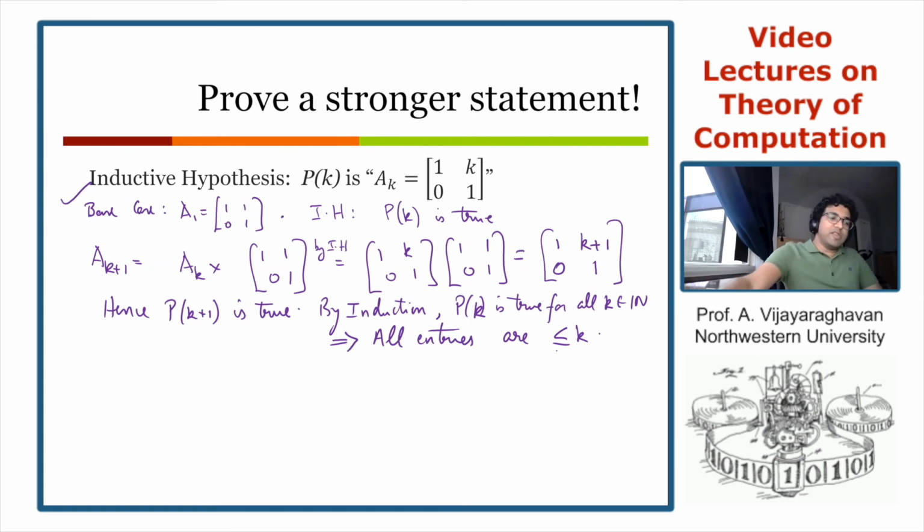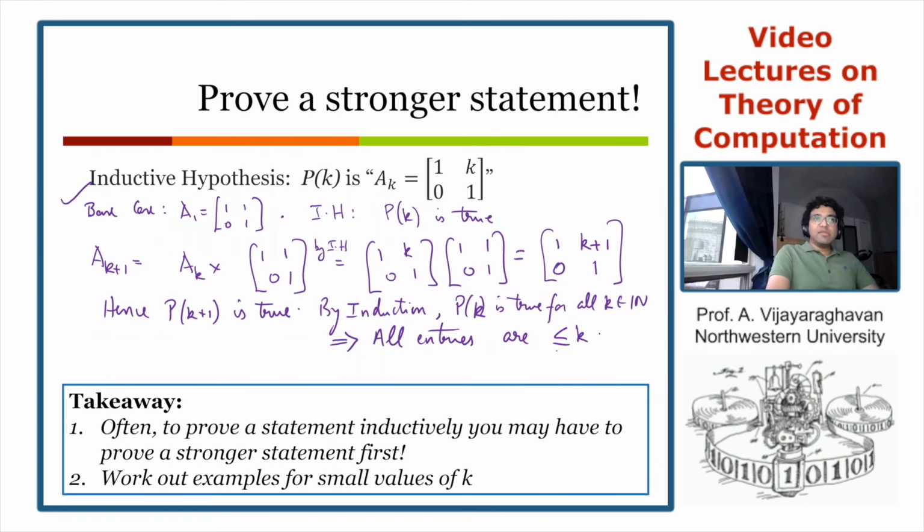So a takeaway is that sometimes to prove a statement inductively, you may actually have to prove a stronger statement first. The choice of the statement is sometimes quite important when you're trying to prove something by induction. In many cases, it will be obvious from the statement you're trying to prove. Sometimes you may want to choose a predicate or an induction hypothesis that's stronger, that might imply whatever condition you want. This is a little counterintuitive because you're trying to establish a predicate that's stronger, which should intuitively only be harder, but it turns out to help us.